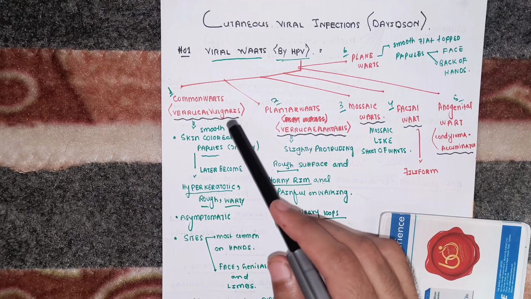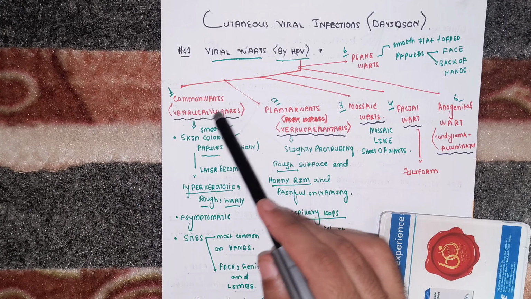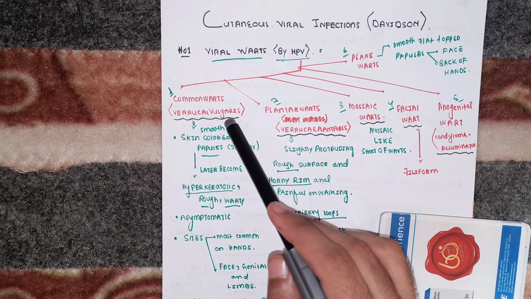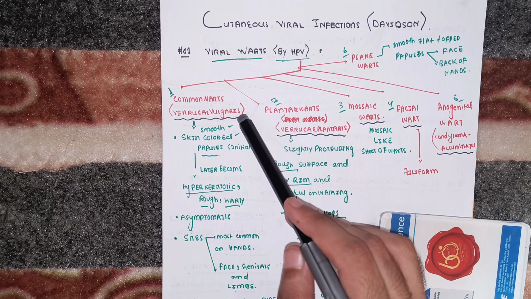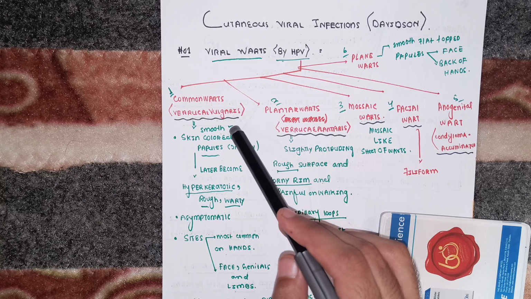Starting with common wart, then you see beta, this common wart is also called Verruca vulgaris. Okay, and this type of wart is very much smooth